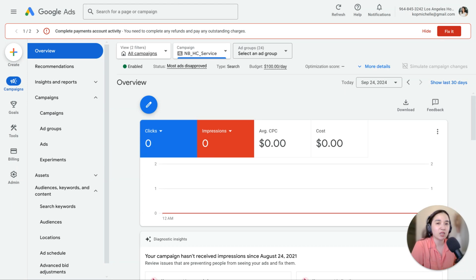If you're running Google Ads and you're attracting a lot of job seekers, people looking to be hired at your firm because they clicked on your ad, went to your landing page, submitted a form, or called and they're asking if you're hiring, and you're just tired of paying for these clicks, I'm going to show you 5 different things that you need to look at in this video and in your account to make sure that you are doing everything you can to block out these job seekers so they're not wasting any of your precious ad